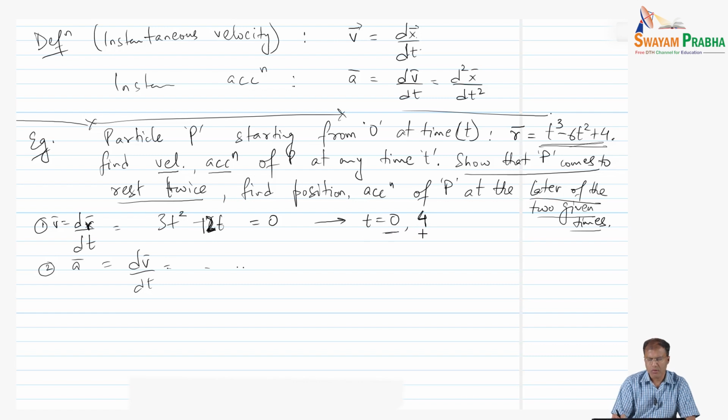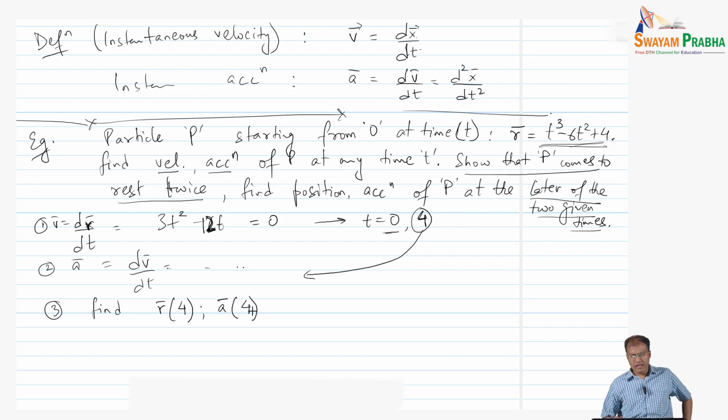the velocity is 0, and we have to find the acceleration and the position of the particle at the later of the two times. So the last part says find the position r at t equal to 4, and the acceleration a at t equal to 4, and that's all the problem needs us to find. So then